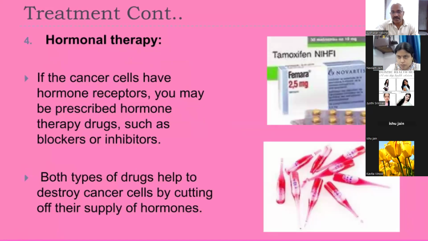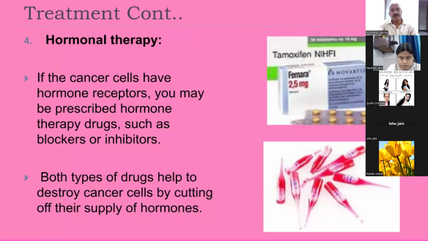Whenever we get breast carcinoma, after doing the surgery, the tissue is sent for the ER and PR. ER means estrogen receptor. PR means progesterone receptors. ER and PR status is done on the tissue which is sent to the pathologist. So if there is ER and PR positivity, the prognosis is very good. ER, PR positivity means we will give anti-estrogens.